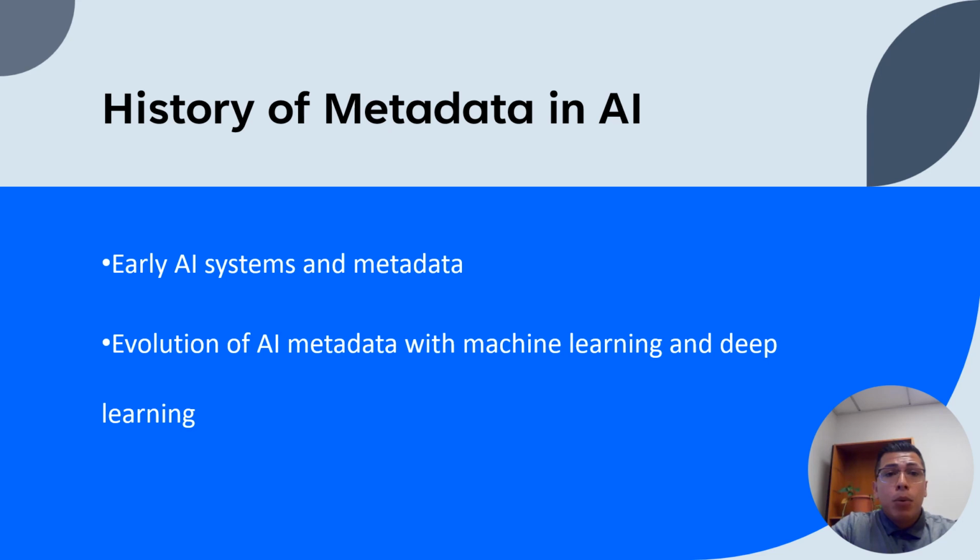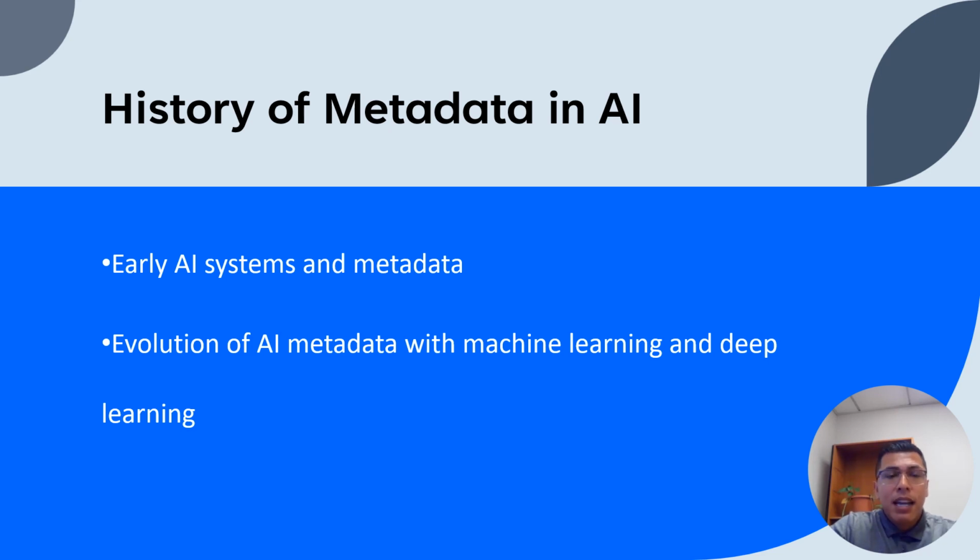To appreciate the importance of metadata and AI, let's go ahead and take a brief look at its history. In the early days of artificial intelligence, AI systems were predominantly rule-based and relied on handcrafted knowledge representations. Metadata in these systems typically involved annotations and descriptions of rules, facts, and relationships with the knowledge base. The purpose of metadata at this stage was primarily to provide human-readable explanations and facilitate the understanding and maintenance of